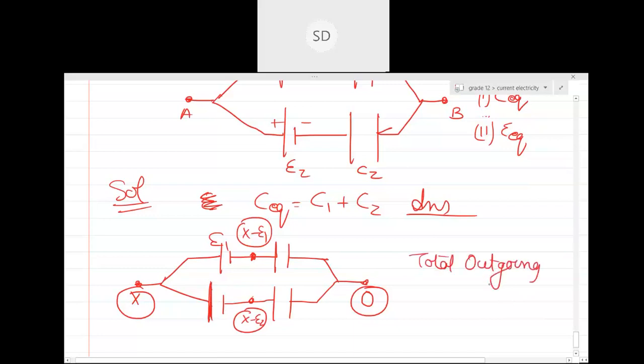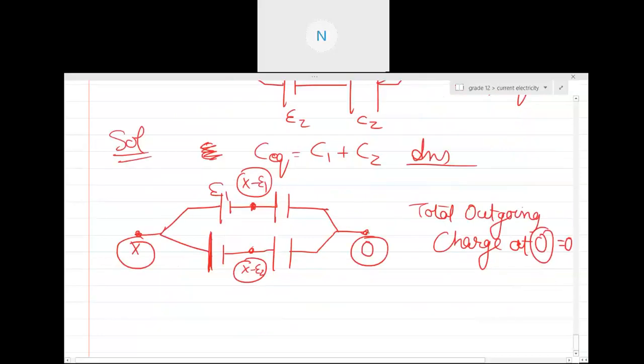Total outgoing. See, I told you, whenever a capacitor is involved, you see it with the help of charge. Whenever a resistance is involved, you see with the help of current. You have to remember, guys. ये सब मैंने पहले ही बता दिया आपको, है ना? Whenever it's pure capacitive, use charge. Whenever it's pure resistive, use current. And that is what makes RC circuit special, because RC circuit has resistor as well as capacitor, so you need to think of charge as well as current. Are you getting my point? Yes, sir.